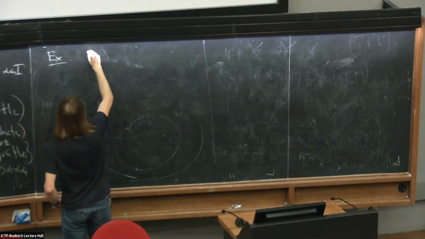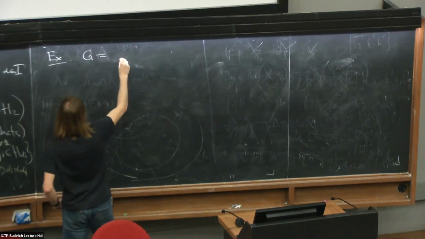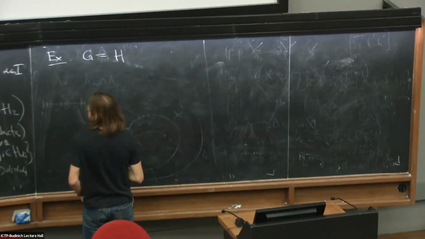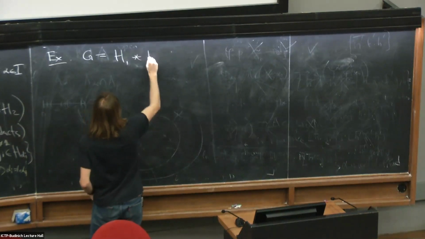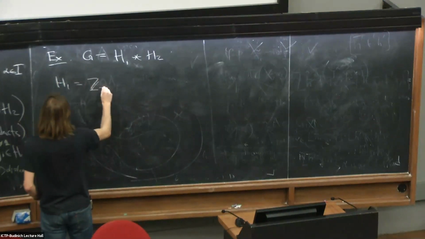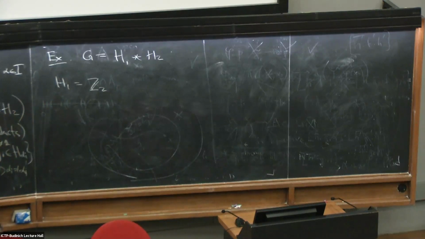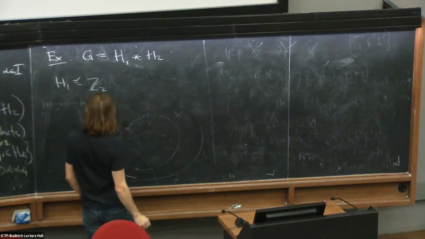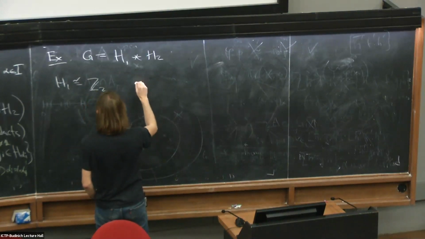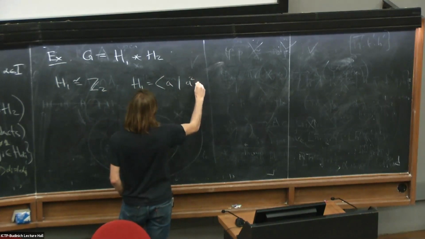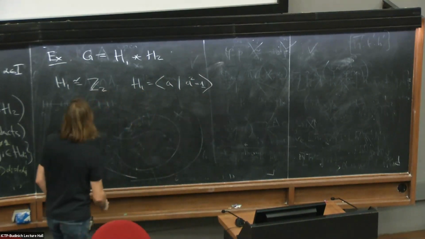Suppose we have a G, so we want to consider G, which is a free product of a pair H1 and H2, where H1 is a copy of a cyclic group with two elements. Suppose this is generated by, so you can understand that H1 is generated by some A, and you have a relation that A squared is 1. And similarly,